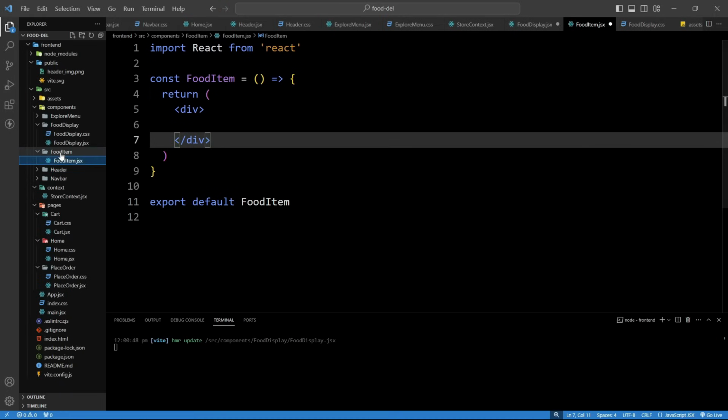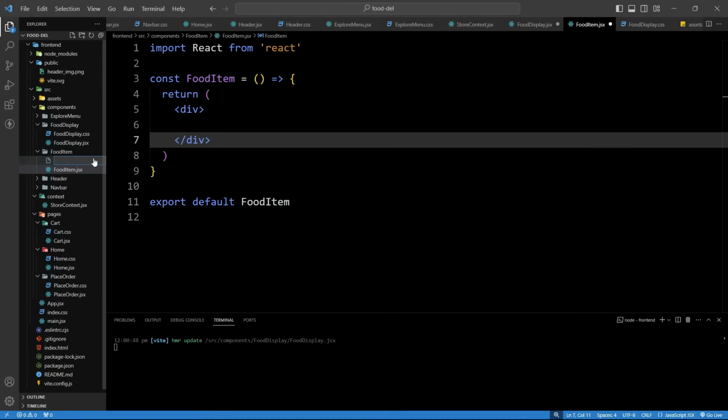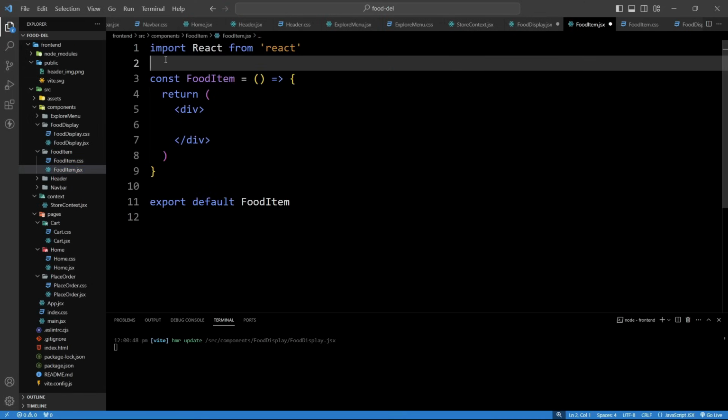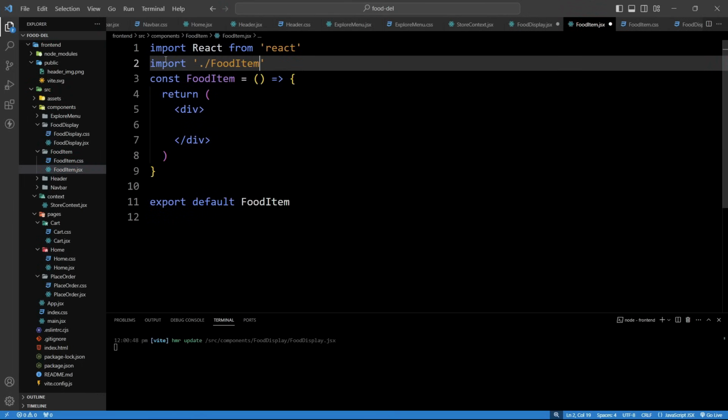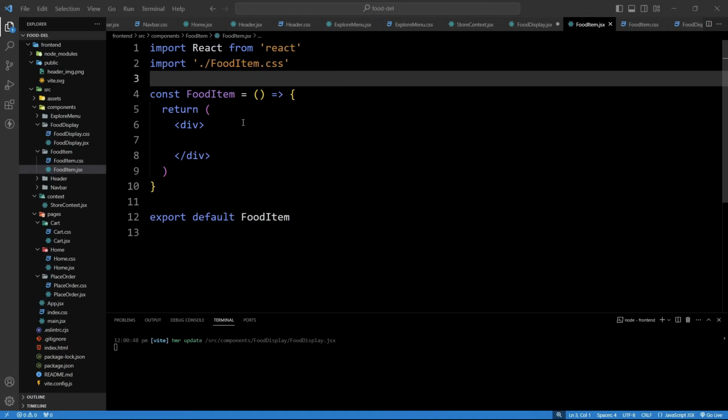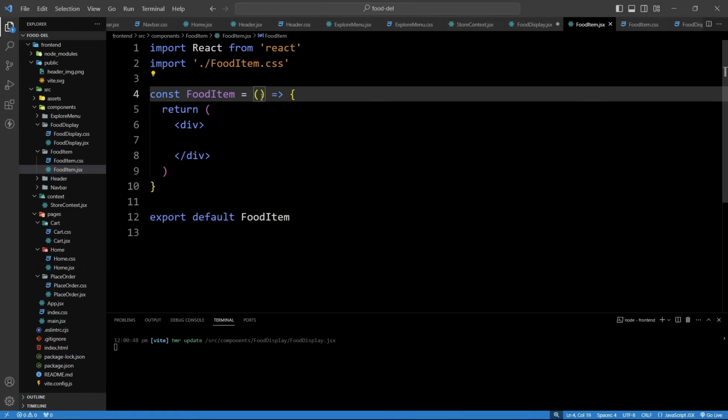So we will right click and select new file and add the file name fooditem.css. Now import the CSS file in this JSX file. So we will type import ./fooditem.css. In this component, we will get the image, price, description, ID of the food as props from this